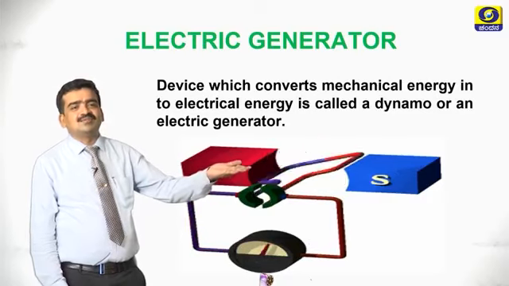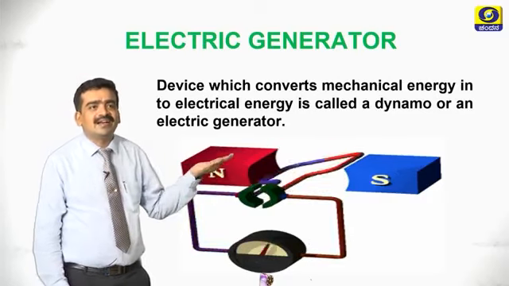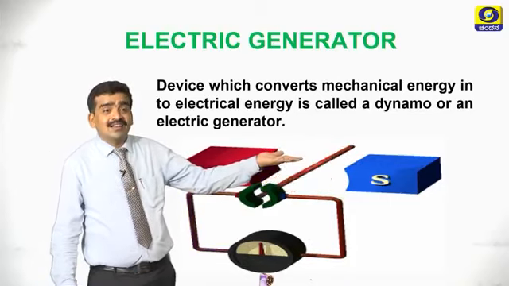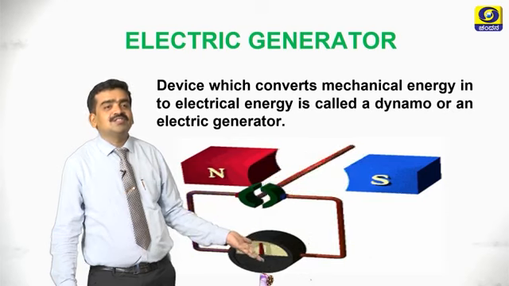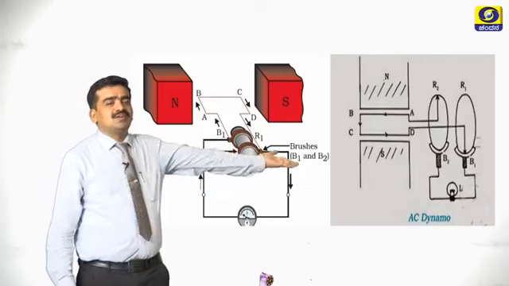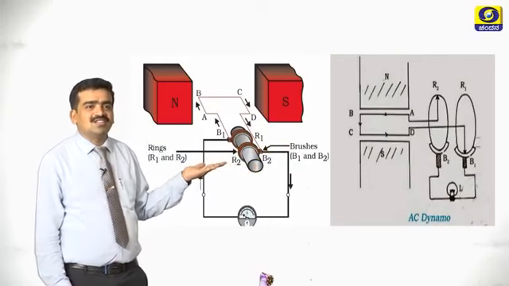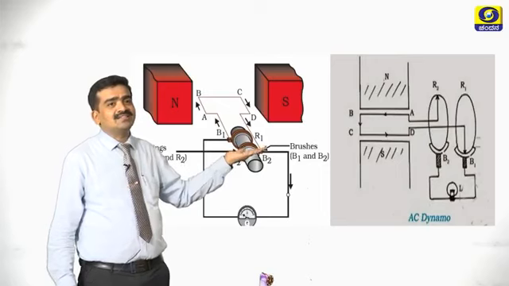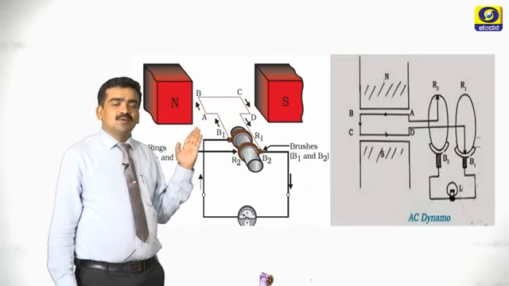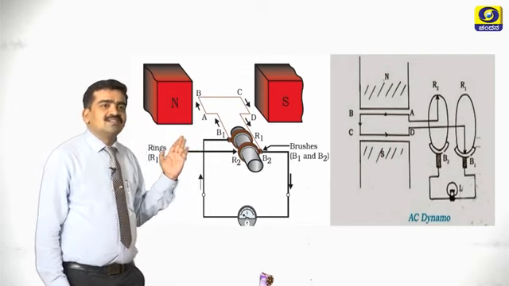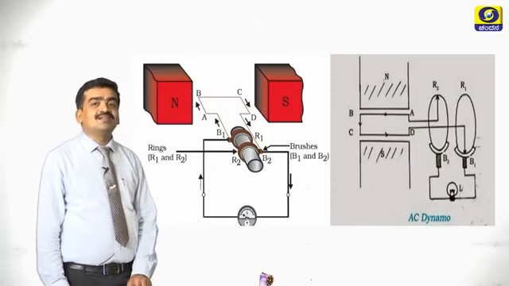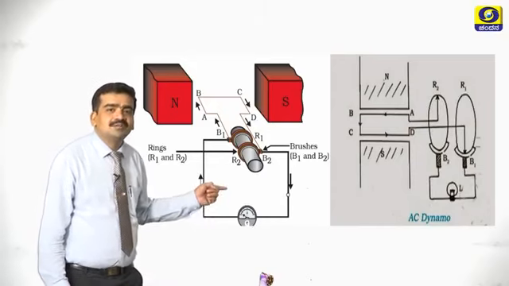Here I am showing you the animations regarding the electric generator. We have to provide mechanical energy to this rectangular coil, and we can notice the induced EMF with the help of a galvanometer. See, these are two different diagrams for the electric generator. You can write any one of the diagrams in the exam. The construction of the generator is similar to that of a motor, but the difference is that in a motor we use a battery in the external circuit, but here we use a galvanometer to identify the induced EMF.